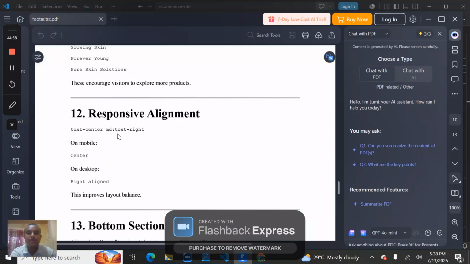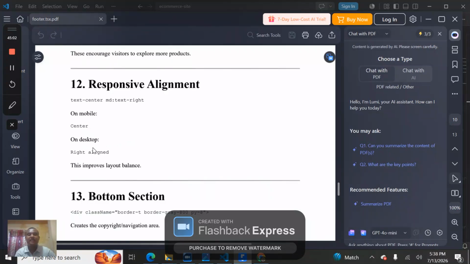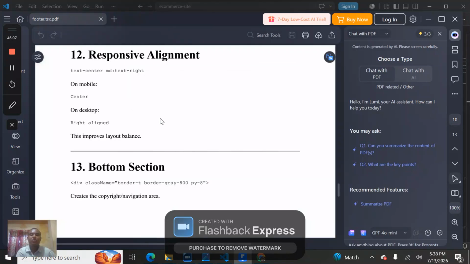Medium is equal to text will be right. On mobile it will be center, but on desktop it will be right aligned. This improves the layout balance. We have to understand also the